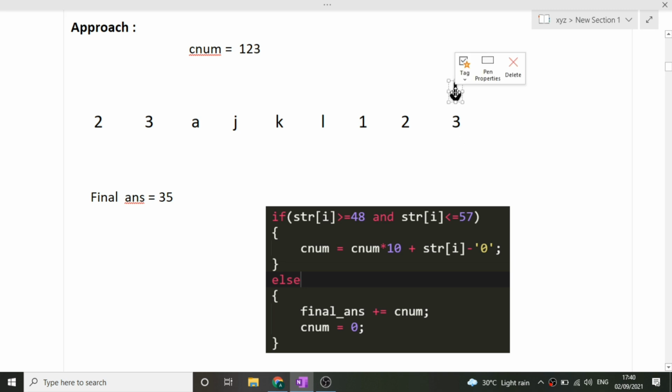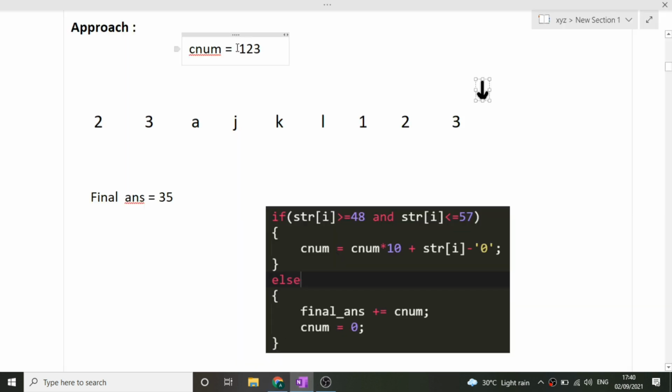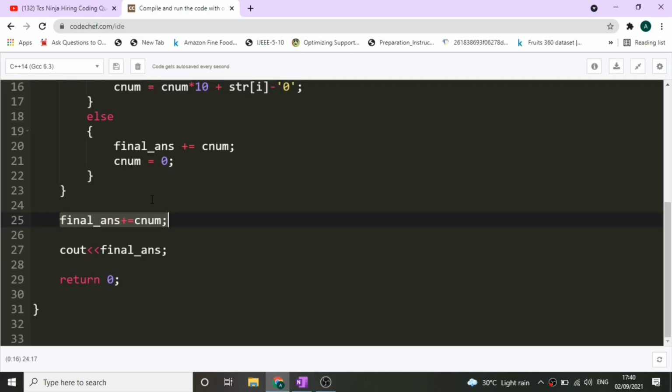Now this if condition is over, it will move to the next pointer, and our for loop will break, and it will come out of the loop. So if we do not add the current number after the loop also, then this CNUM will be lost. Therefore, after the end of the for loop, we are once again adding this current number into our final answer, and in the end we are simply printing out cout final answer.